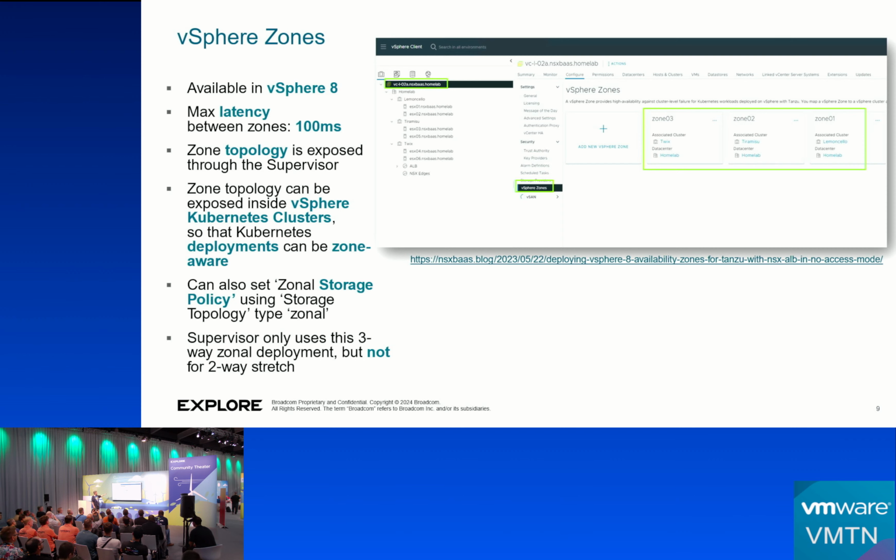vSphere zones. This was introduced a while ago already, but it took some time for this to really flesh out when using it in combination with Kubernetes. vSphere zones allows us to say to vSphere, hey, the stuff that you're deploying exists in multiple sites. And this is important because we need to know that inside Kubernetes in order to align how we deploy workloads inside of it. Right now, this was introduced firstly to support that three-way zonal deployment. They've now introduced stretch cluster support, so that's 2 availability zones, right, 2 DCs. But this doesn't quite work together yet. But it will.